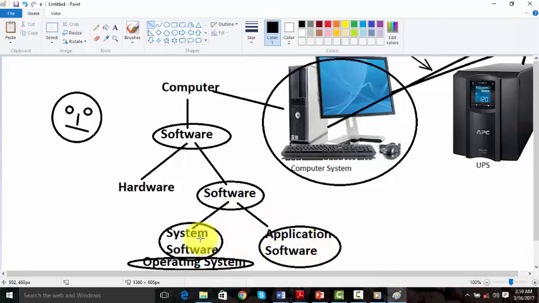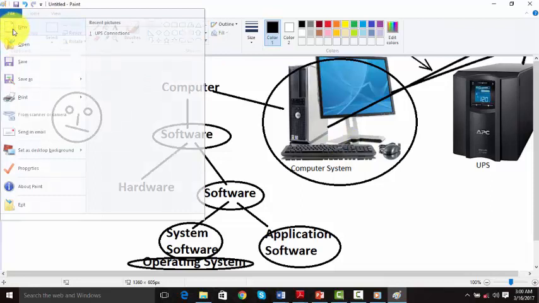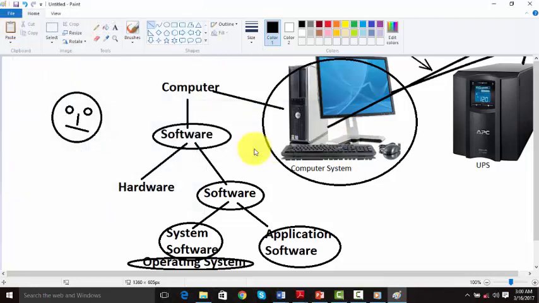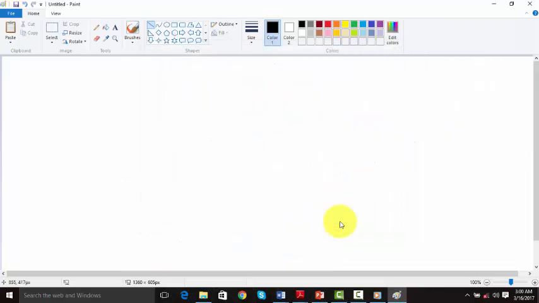The work of the system software is to coordinate the hardware, the user and application software. If I may just save this one, we give it a name, system software, so that we will be able to use it next time we want to use it.